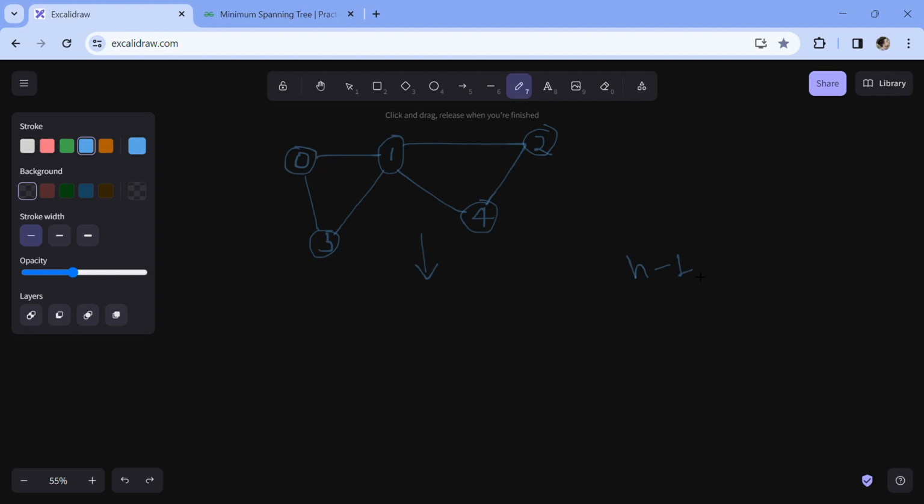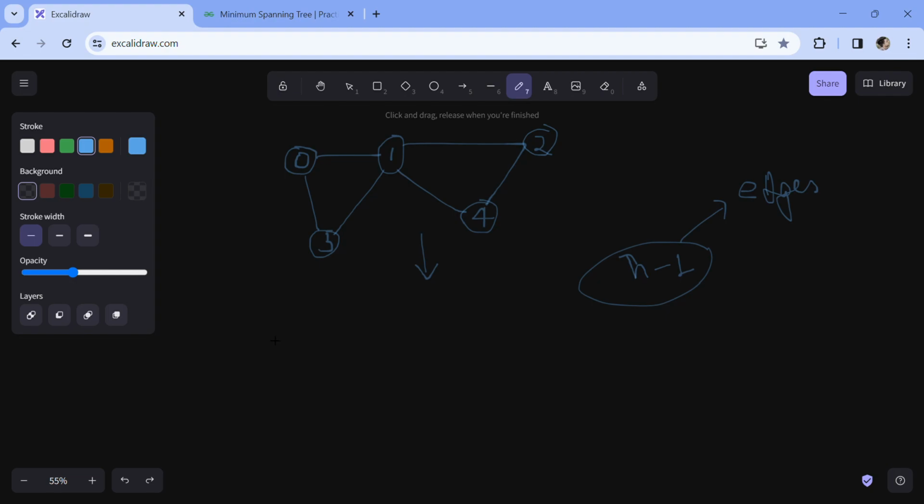If I have n nodes in my original graph, then the minimum spanning tree is a graph that has n minus 1 edges, and all the nodes should be reachable from each other. For example, if I make the spanning tree of this graph,